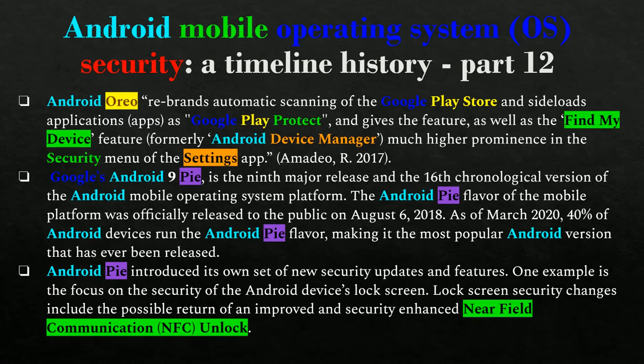It is currently the most widely used version of Android, with the exception of Android 10. Starting with Android Oreo is when a large percentage of the share of Android devices started to use the latest and greatest version of Android, which is huge in terms of making sure that devices are staying up to date and secure and receiving the latest security patches.